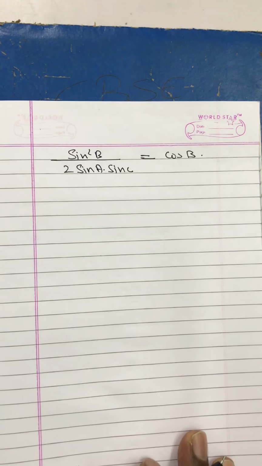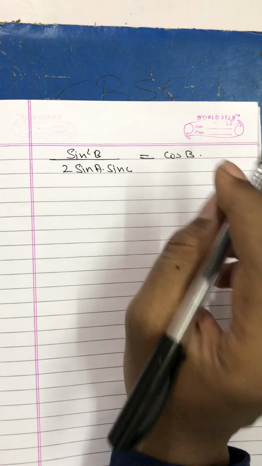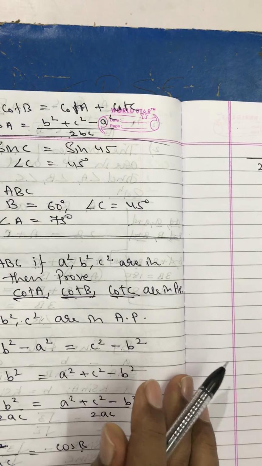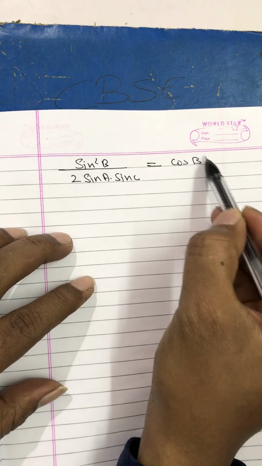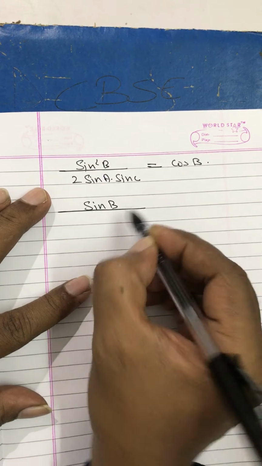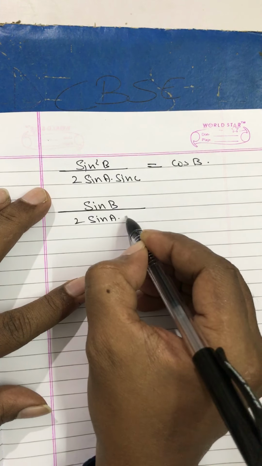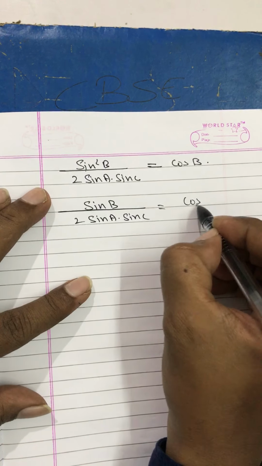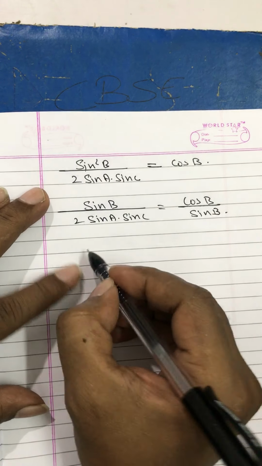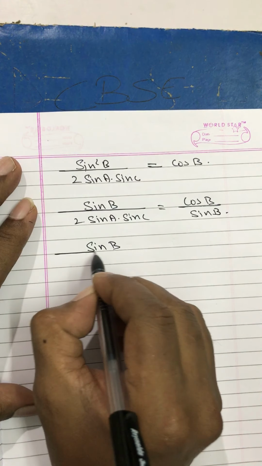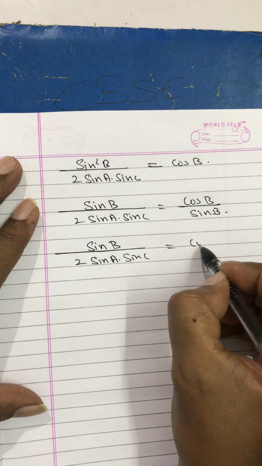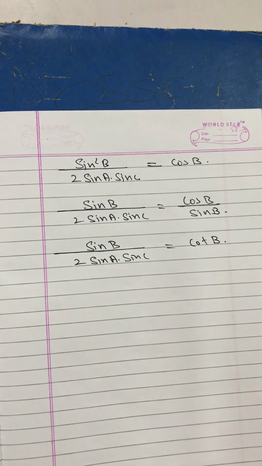Okay. See, now basically here we have come. Of course we have to deal with, again coming back to the question, cot A, cot B, cot C. And now I have got the full chance of making this cos B into cot B. Sin square B is there, so I'll keep one sin B over here, and this will become cot B now. Sin B upon 2 sin A into sin C is equal to cot B. Okay, so I've got cot B.